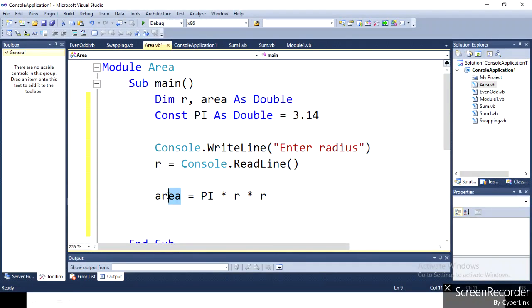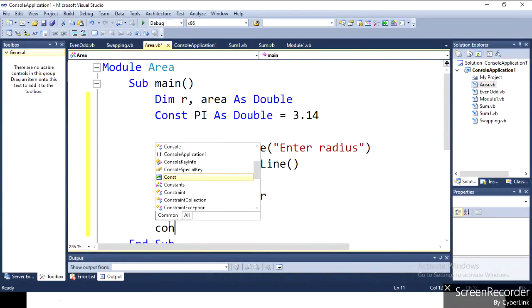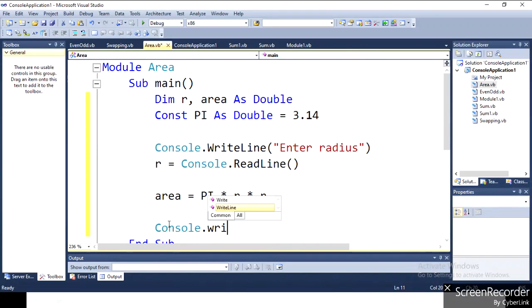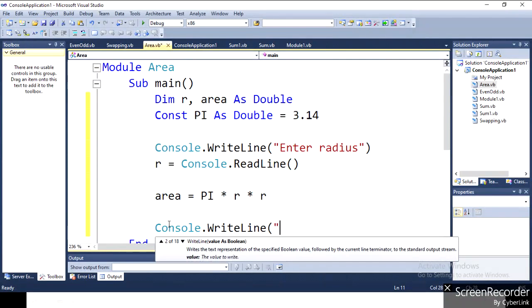The output is stored in the area variable, so I write Console.WriteLine to print the message "Area of circle is".